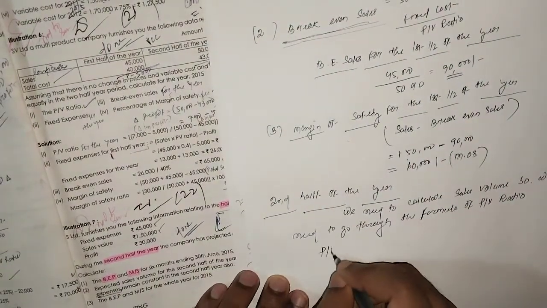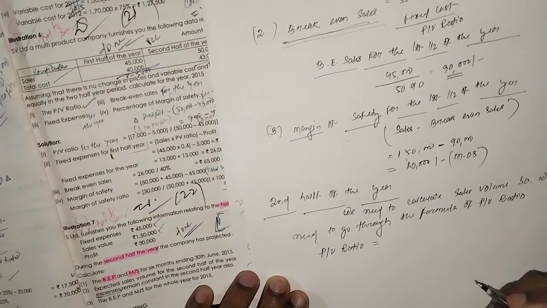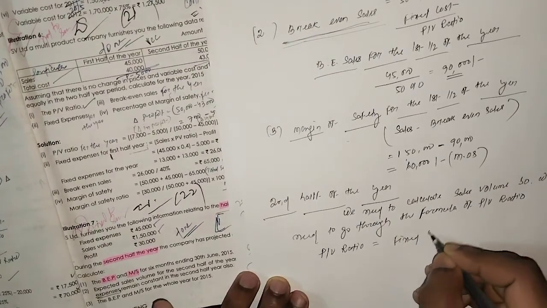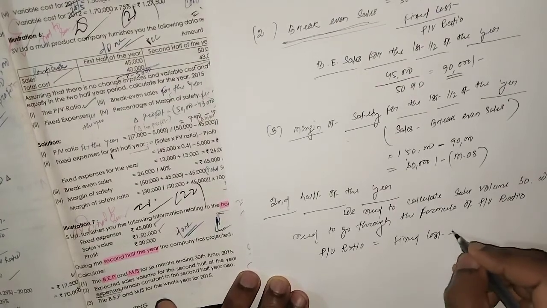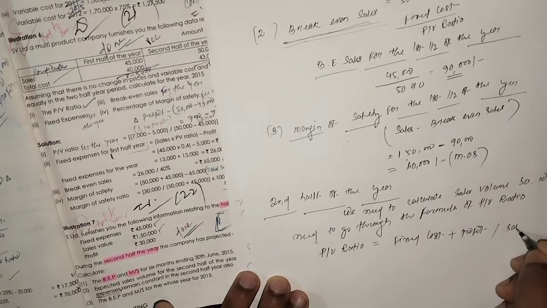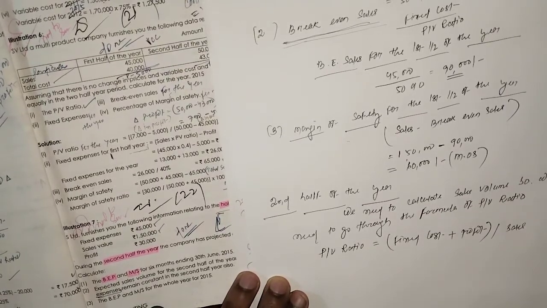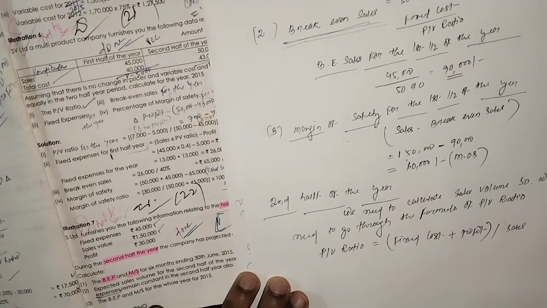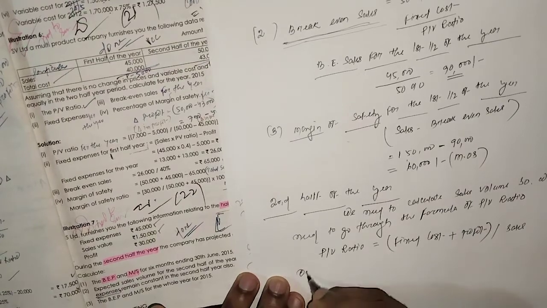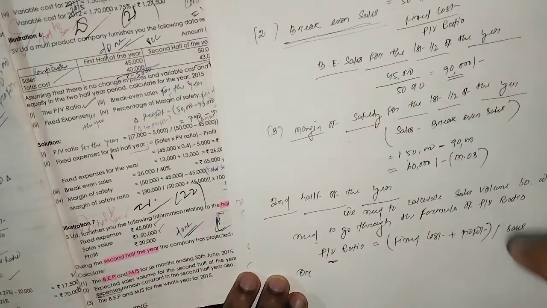As you know, the PV ratio formula is fixed cost plus profit divided by sales, right? ये है फॉर्मूला, फिक्स कॉस्ट प्लस प्रॉफिट डिवाइडेड बाय सेल्स, राइट? तो और यू कैन से पीवी रेशियो कितना था? 0.50% मतलब 0.5